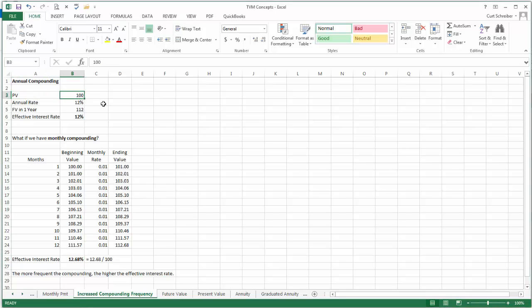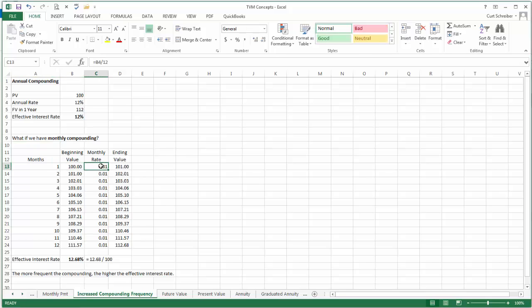Let's say that we have $100 right now, and if we invest it at a 12% annual rate of return, we will have $112 1 year from now. And our effective interest rate is simply going to be the 12, or 12%, 12 divided by the 100, excuse me. However, if we have monthly compounding rather than annual compounding, notice our beginning value is still